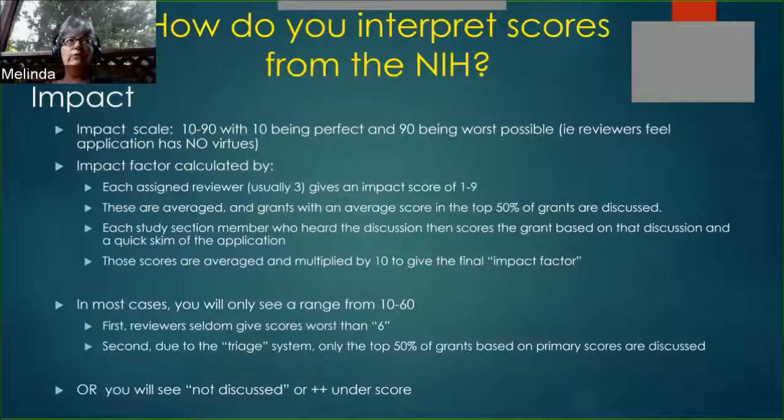Now, usually within 2 to 4 days later, your impact score, the actual numerical score of the grant, will be posted on the ERA Commons website. Usually within a week, maybe 10 days after the meeting, you'll get an email saying you can now log into the Commons website to check your score. Usually, though, the scores are actually on the website anywhere between 3 and 5 days prior to that email going out,